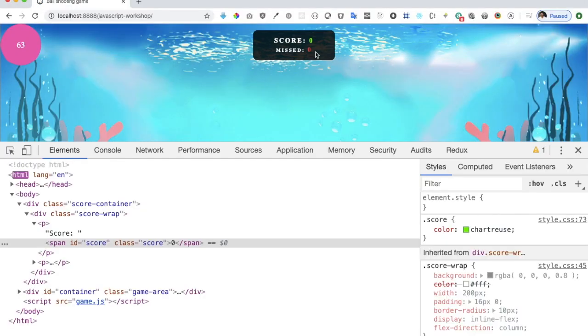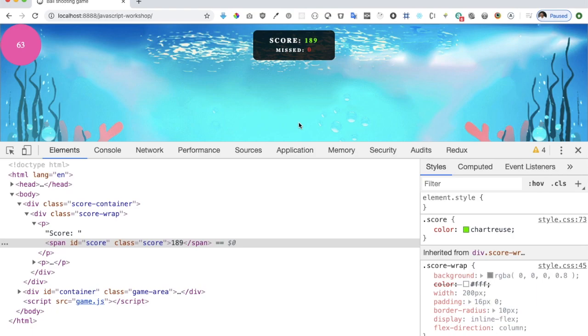Okay, let's refresh. It's 0. Okay, add that 63, and again 63 plus 63 equals 126. Add that again, it's 189. So the score keeps increasing, and that's what we really want as a part of the game, right? So I think we've achieved one of the most important features of the game, which is to be able to hit the ball and